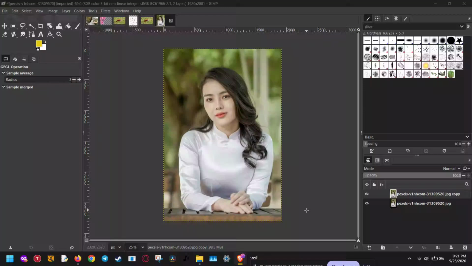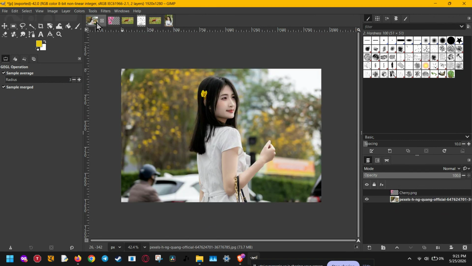If you want to blur the edges of an image in GIMP, you're in the right place. In this video, I'll show you a simple beginner-friendly method that creates a soft blurred edge effect without making the whole image blurry. This is perfect for making your photos look cleaner, adding focus to the center, or creating a